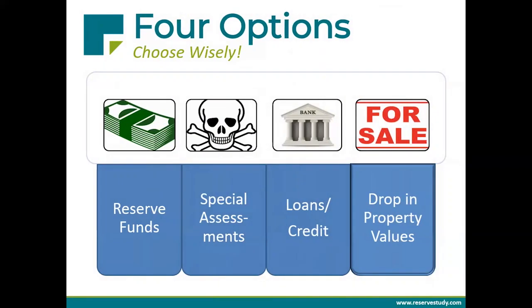So just like there are these 4 rules for reserve planning, there are only 4 options for how to pay for these expenses. Now, the first and best option, we would argue, is to have that healthy reserve fund. Put money away, spread it out over time, earn interest on those funds. Every owner who comes and goes is paying their fair share, right? The second best option is to rely on special assessments when those projects come along.